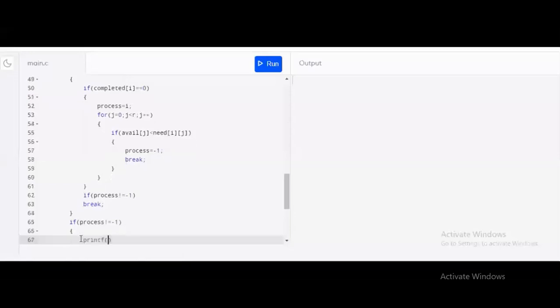Then we will print the values of the completed process and we will increase the value of process by 1. Process %d, it will print the process with its number, runs to complete.